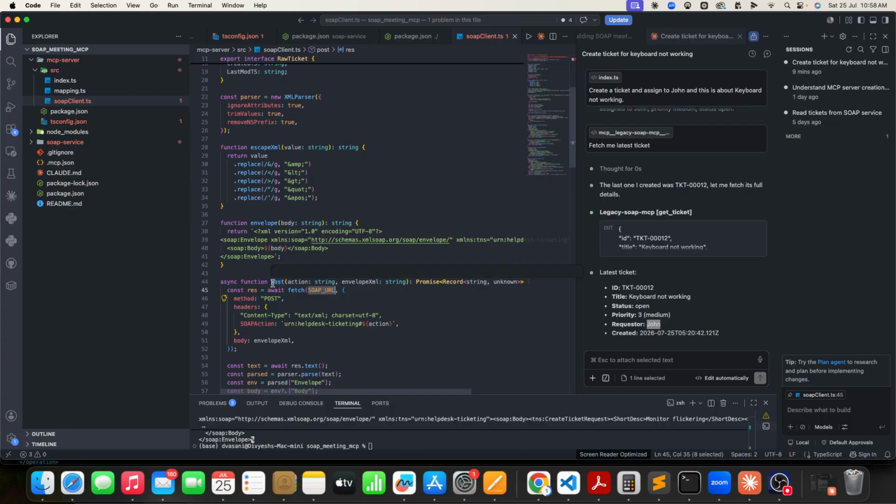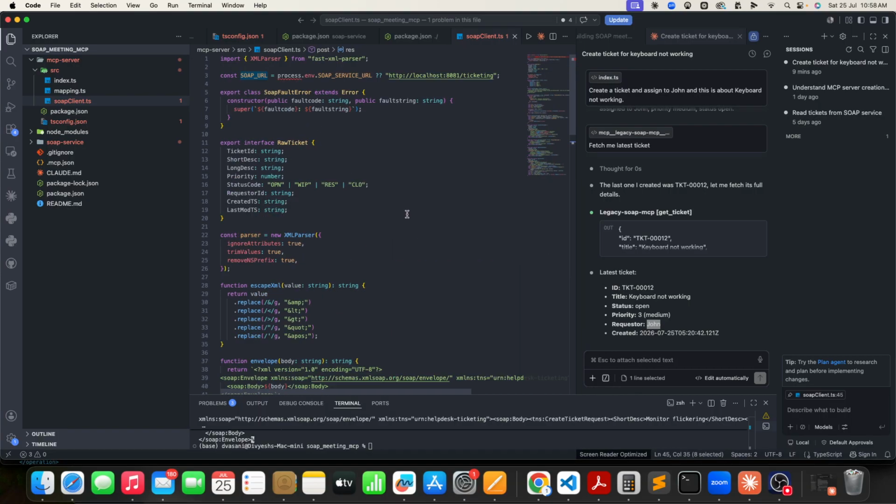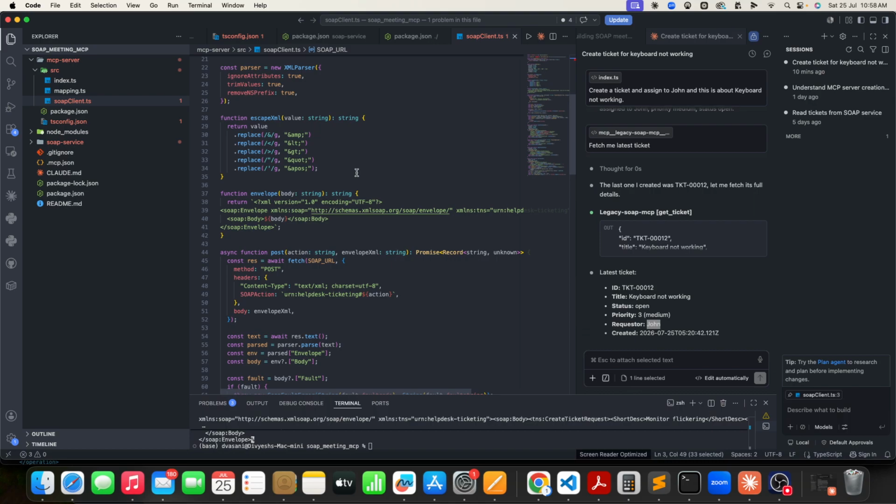As you can see, it called the post function with the SOAP URL. What is a SOAP URL? So this is a SOAP URL. So all this abstraction complexity, you got that whatever commands I type in natural language, it will basically call